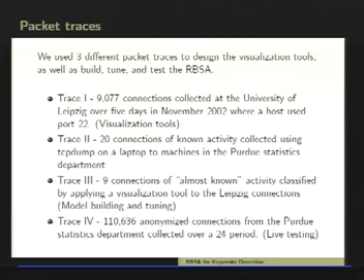The second set of packet traces was built by ourselves using the machines in the Purdue Statistics department. So these were manual groundings, what you'd call groundings, things that we knew